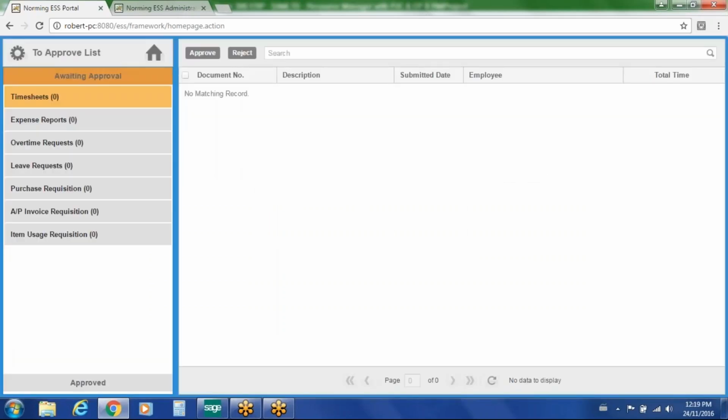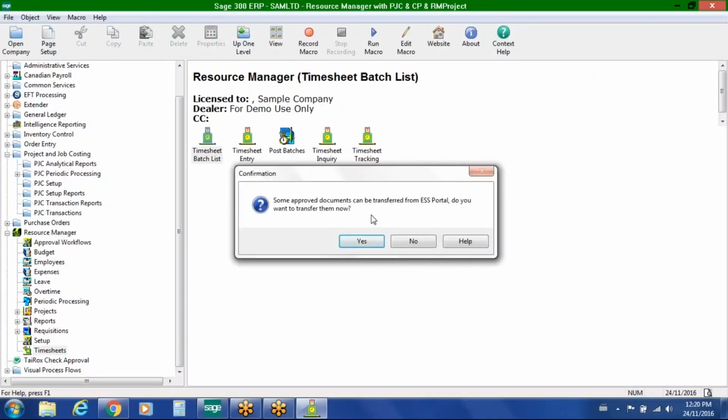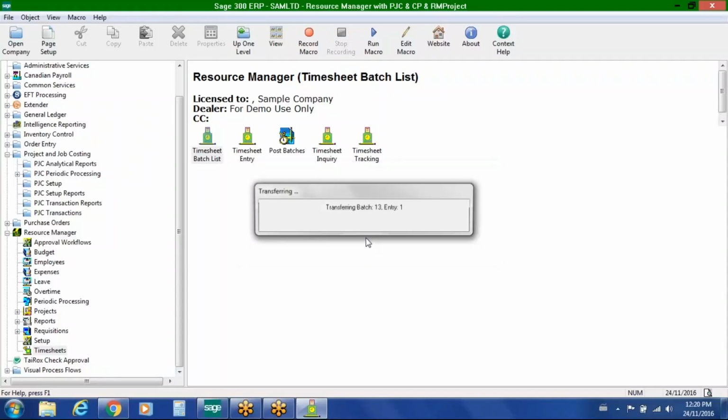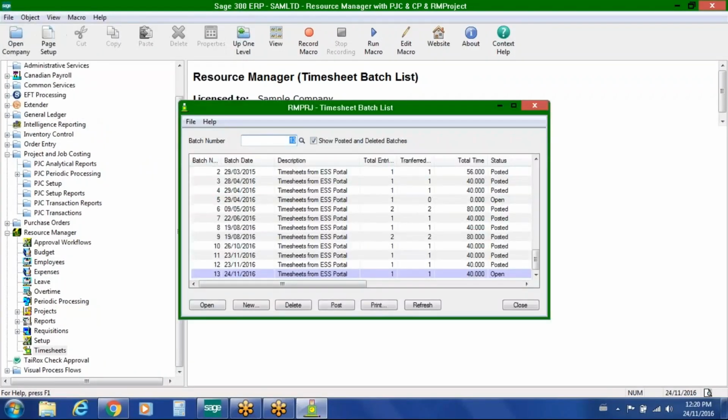Once you say OK, the document is approved. It's removed from the approval console, and because we only have one level of approval on the timesheet, it's now automatically ready to be set up within Sage 300's back office. By clicking on the timesheet batch list, you notice a message that pops up that says there's some approved documents that can be transferred from the employee self-service portal. Do you want to transfer them now? By saying yes, it picks up the approved timesheet and creates the batch entry within